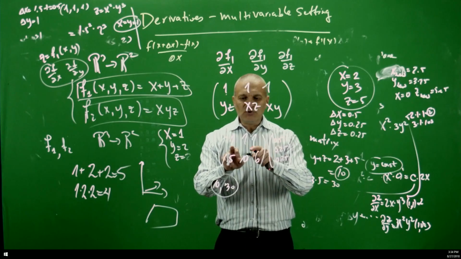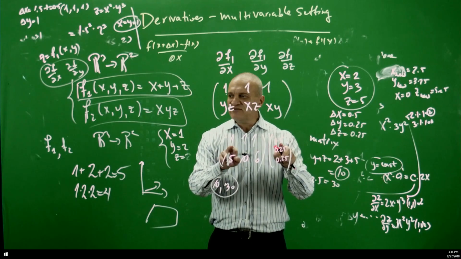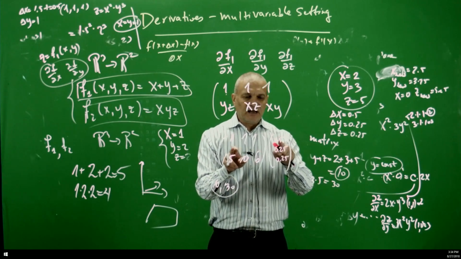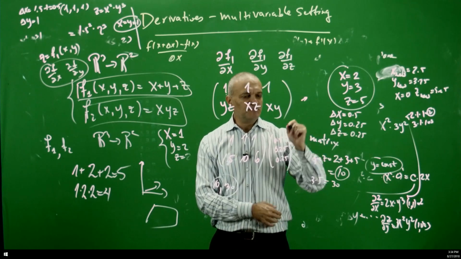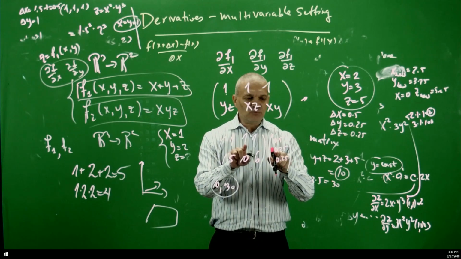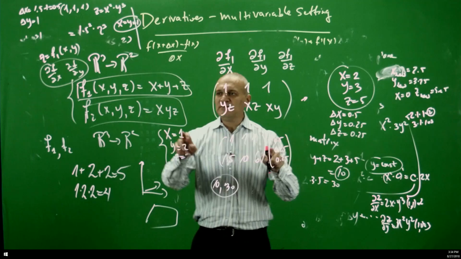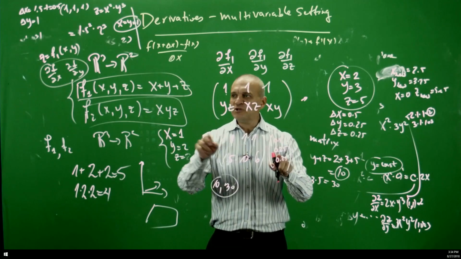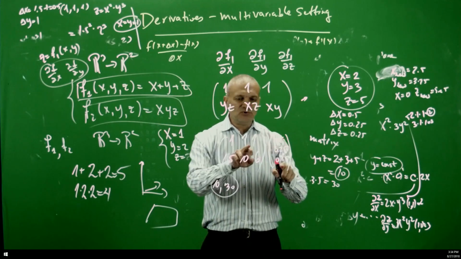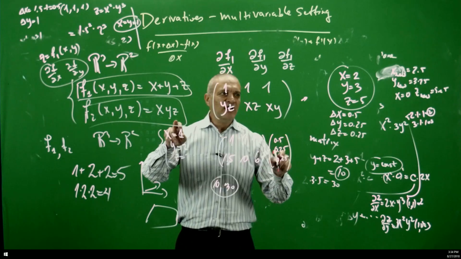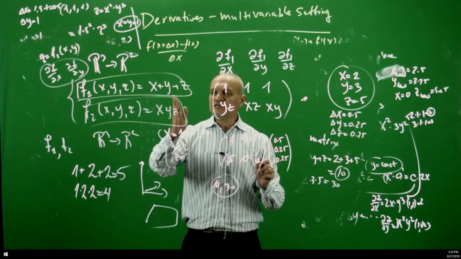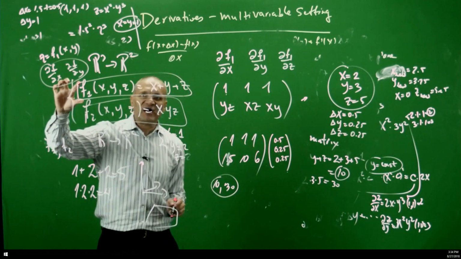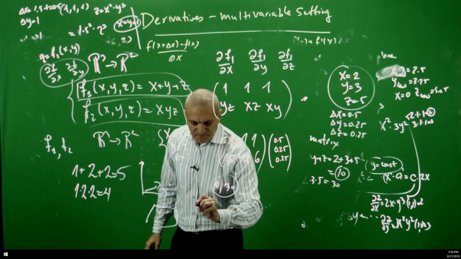So when I'm looking at 1 times 0.5, I'm moving by half in the x direction. When I'm looking at 1 times 0.25, I'm moving by 0.25 in the y direction. When I'm looking at 1 times 0.25, I'm moving in the z direction for the first function, right? Because remember that